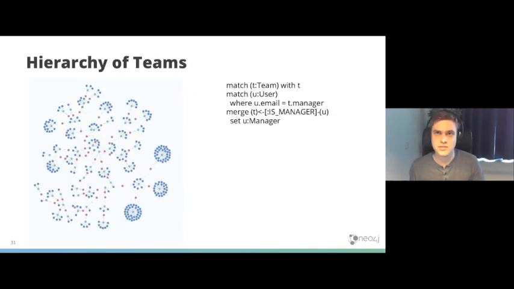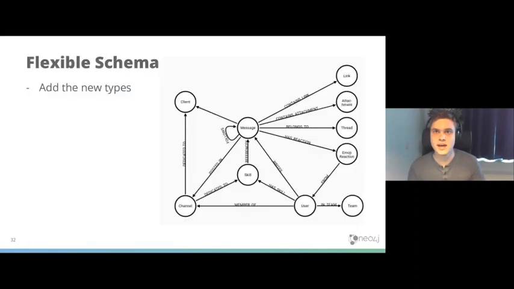So we changed the model to incorporate a hierarchy of teams. We have a little Cypher statement here that finds the managers for the separate teams. And our new model would then have another node here at the bottom that has a team for every user. That's one of the things that's also quite nice about Neo4j: we don't have a static model. It's super easy to extend this and add this to your knowledge graph.